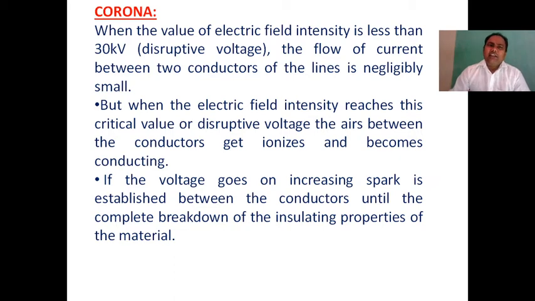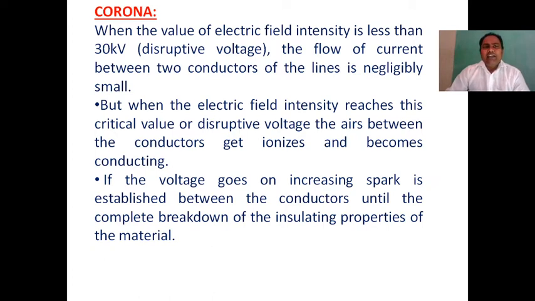This more voltage gradient causes the outer molecules to collide one by one. The molecules colliding continuously definitely cause a spark around the conductor. The spark is continuous, with a hissing noise, and it also produces ozone gas. So the main features of corona are that it produces ozone gas, establishes a violet glow and sparking, and a hissing noise that creates more noise and causes the radio interference problem.